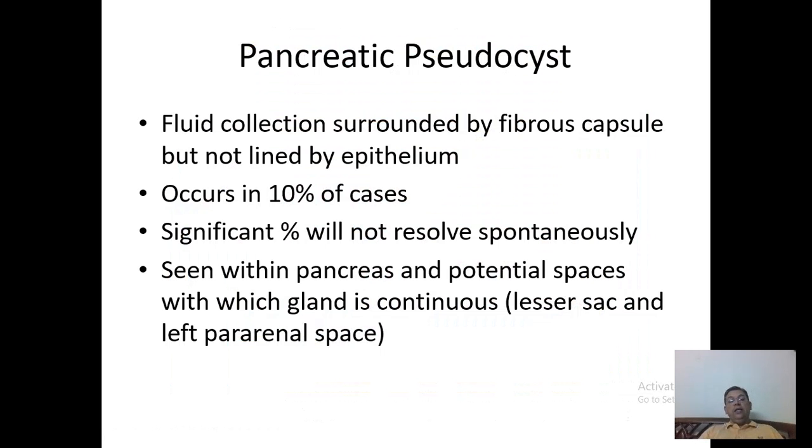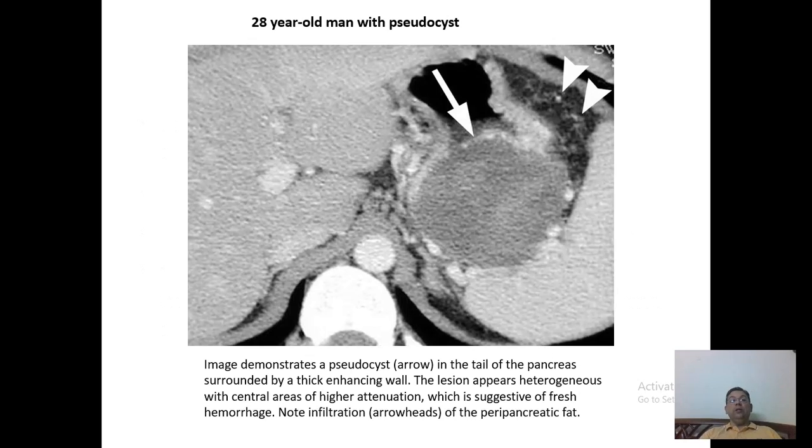Or a CT scan can tell us about a pseudocyst of the pancreas, which forms in about 10% of the cases, and it is only significant if it does not resolve spontaneously. It usually resolves in 4 to 6 weeks time, and it is seen within the pancreas itself or the potential spaces which are all around the pancreas. The most common site is in the lesser sac, as you can see here, and this is the inflammatory area. This is the spleen,